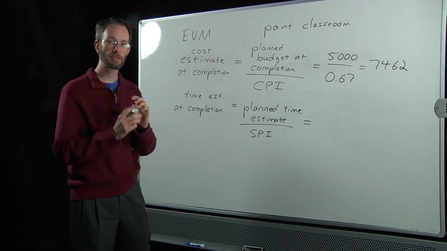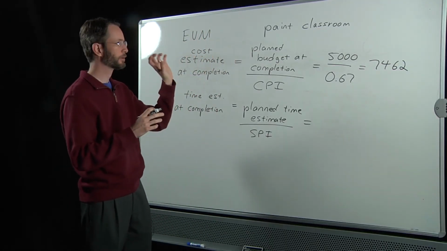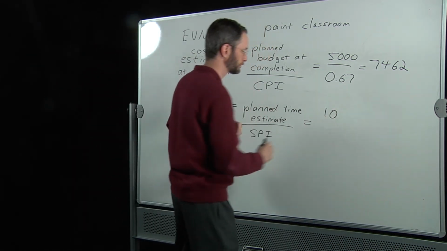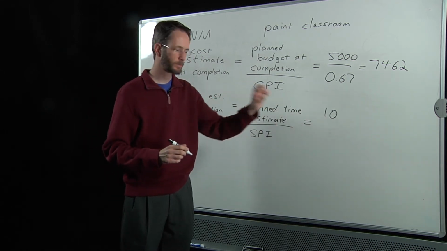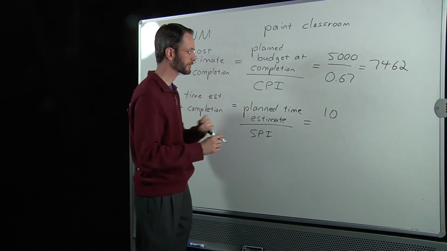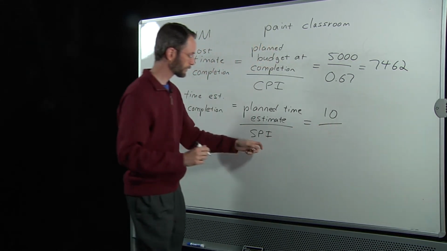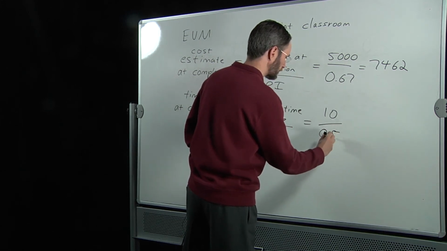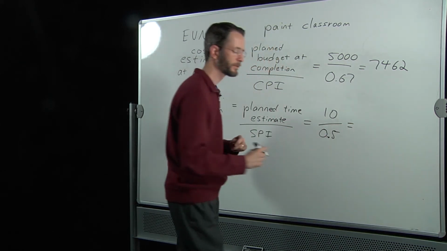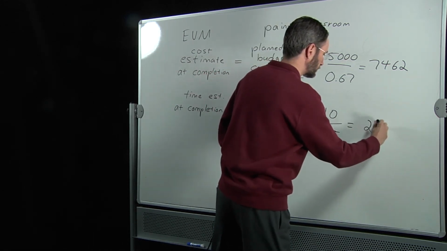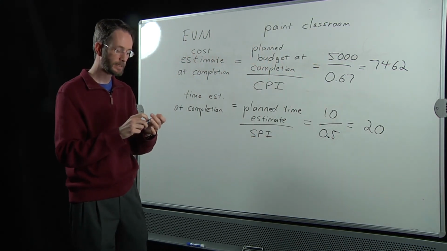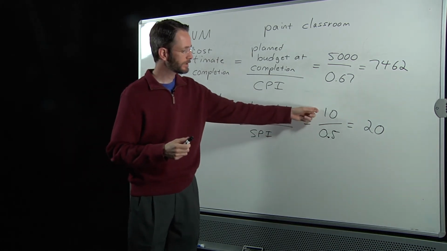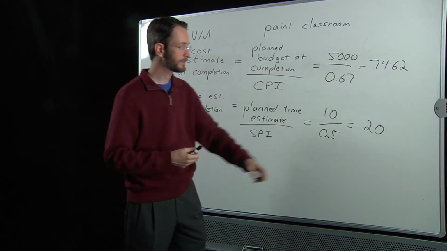Let's say we plan for 10 days total for the whole project. So to renovate the entire room, it's going to take us 10 days. That's what we planned on doing, 10 days. And again, you could use hours, weeks, whatever time estimate you want there, just to be consistent, of course. So we'll say 10 days. Our schedule performance index was 0.5. Do the math, and you get 20. So at this rate, it's going to take us twice as long as we originally planned for the entire project. So instead of taking just 10 days to do it, at this rate, it's going to take us 20 days